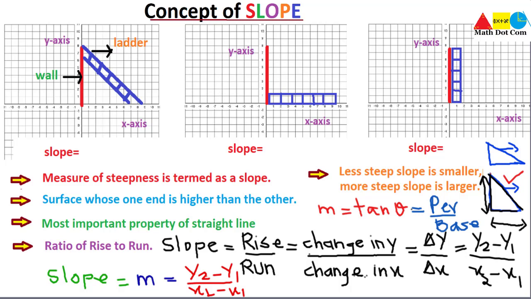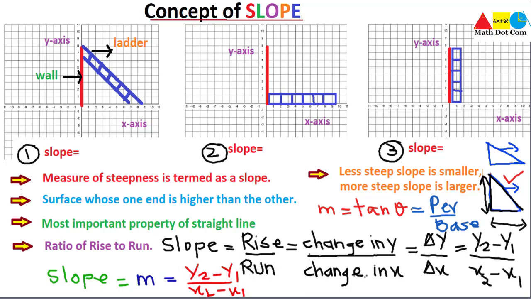So that's all about the concept of slope, and let's start finding the slope of these three diagrams that we decided at the start of this lecture, that we will find the slope of these three diagrams one by one after understanding its concept. So first of all, we will move towards diagram number 1. If I label it as this is 1, this is 2, and this is 3, let's see what is the slope of these.